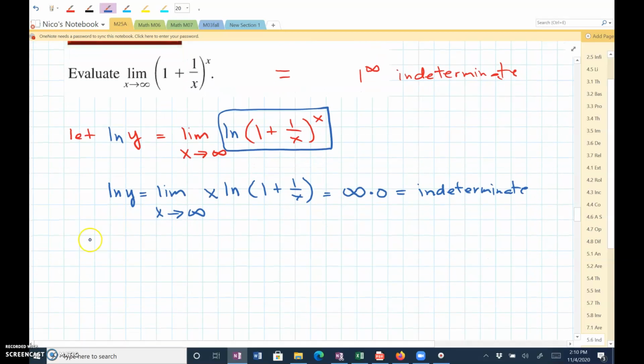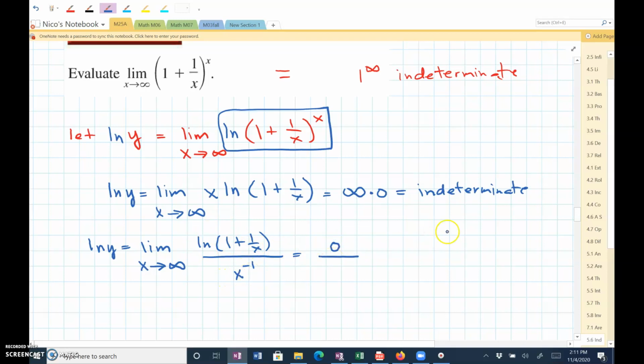So now I'm going to do the natural log of y equals the limit as x goes to infinity of the natural log of 1 plus 1 over x all over x to the negative first. Again, you can try to evaluate the limit in this form. Still going to be indeterminate because we didn't do L'Hopital's or anything, but this would end up being the natural log of 1, which is 0,